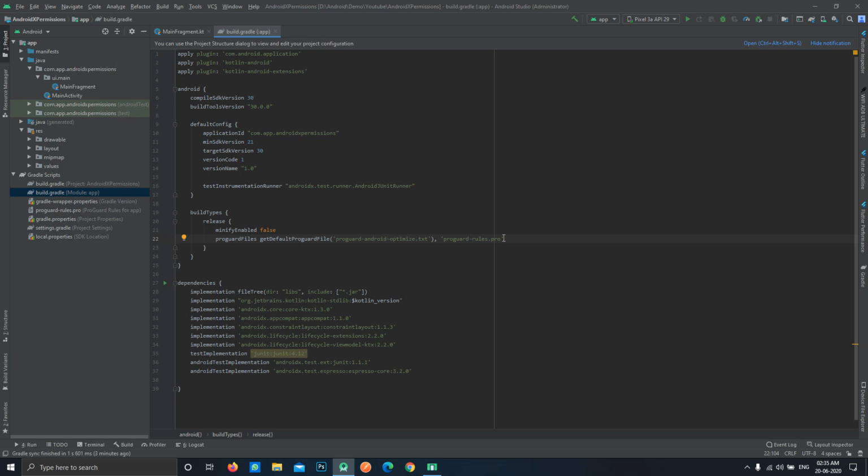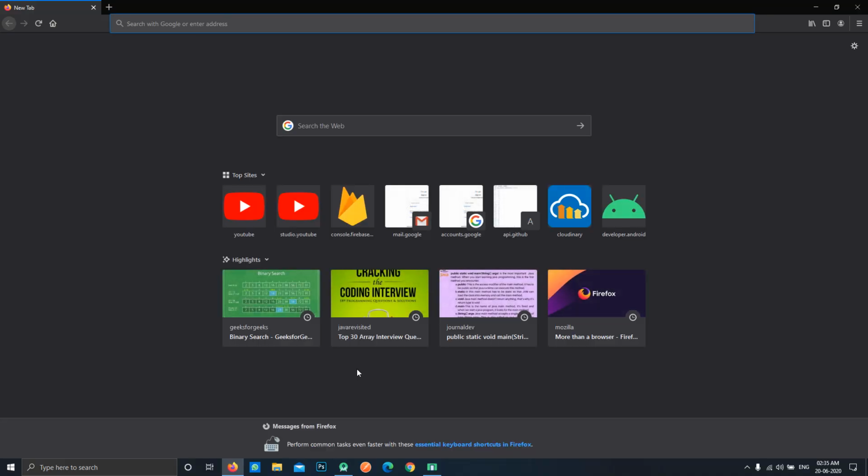Hello friends. So today every developer must have used the runtime permissions in their Android applications. So today we will see a new way of managing these runtime permissions more efficiently and easily in our Android application. To do this we need to add a new API available in Android X package. So let's get started. So first of all we'll have to add that new API, the new fragment API.